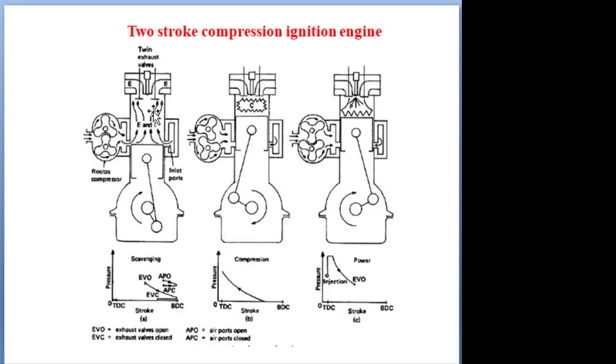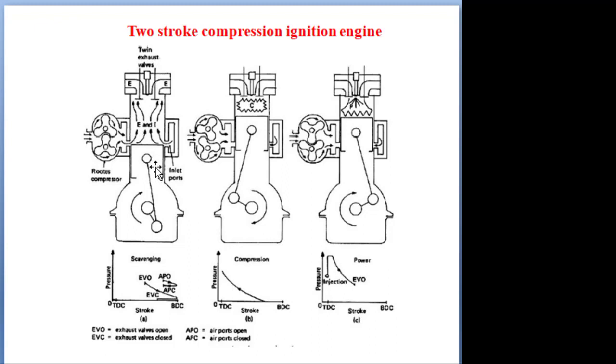While the piston is moving from TDC to BDC, at about two-thirds of the piston motion, the exhaust valve will open, so the majority of the exhaust gas escapes through the exhaust port. With further downward movement of the piston, the inlet port will open. Through the inlet port, compressed air is blown inside the cylinder. So what is this compressed air doing? It is cleaning out the remaining exhaust gas, throwing it out from the cylinder. Further movement of the piston reaches the BDC condition. So expansion, exhaust, and intake are all taking place in a single stroke.